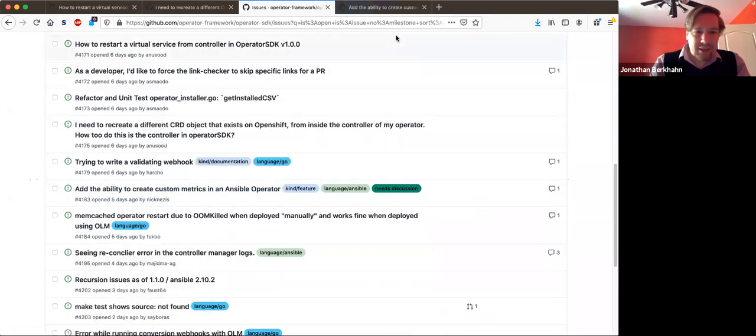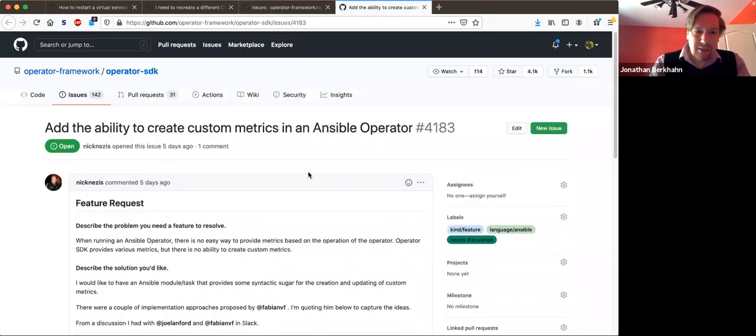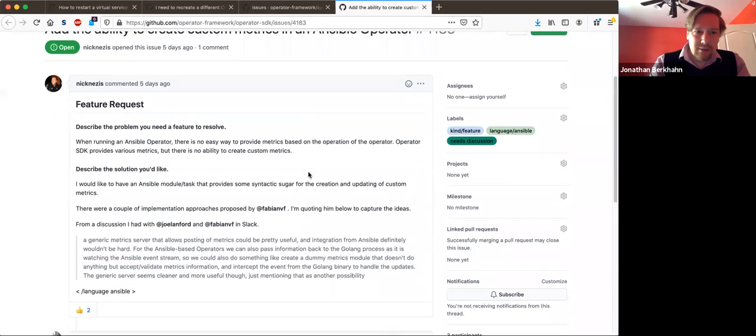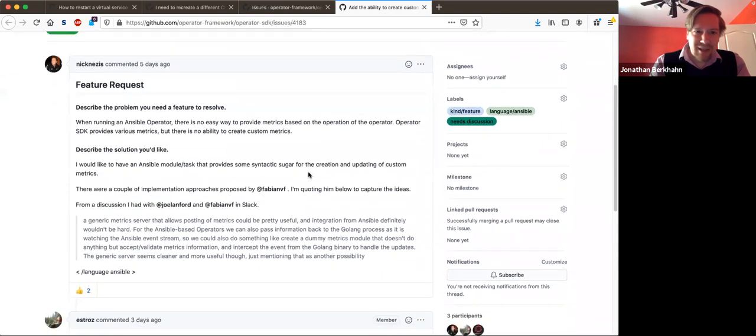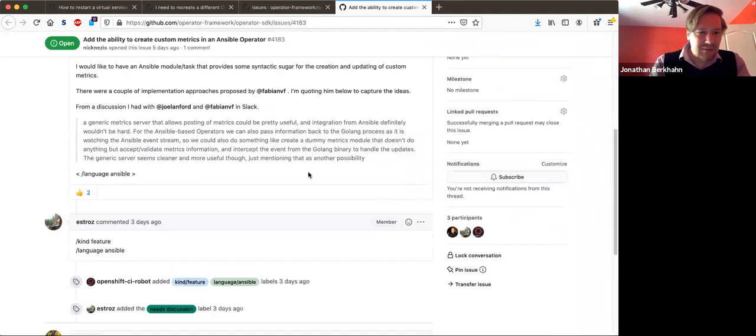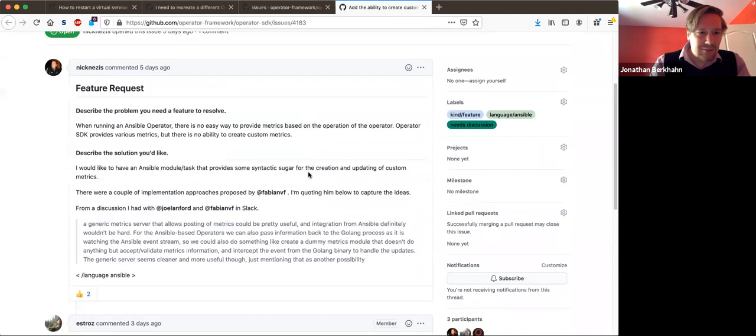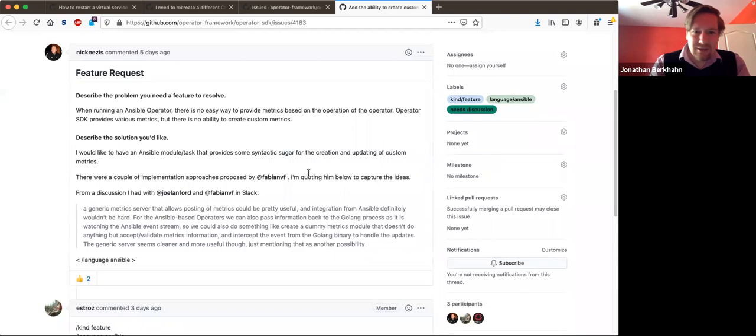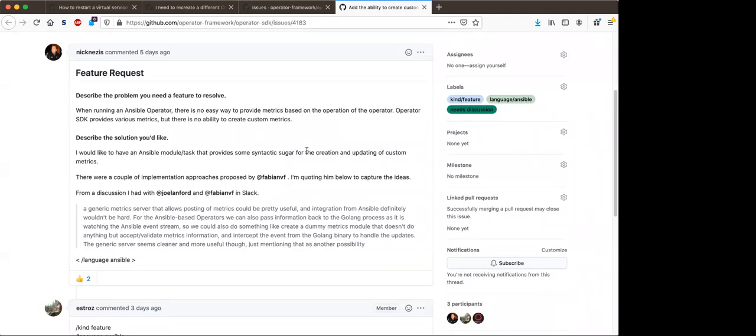Add the ability to create custom metrics in Ansible operator. Didn't we talk about this last week? I think this is similar to, but not the same as the one that we talked about last week.